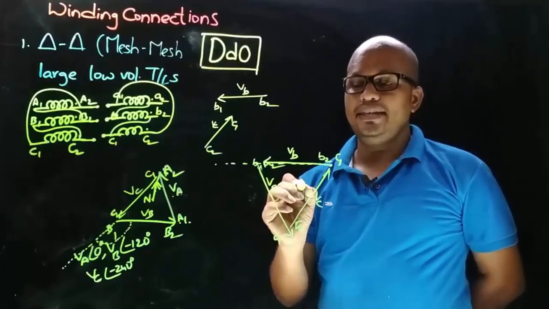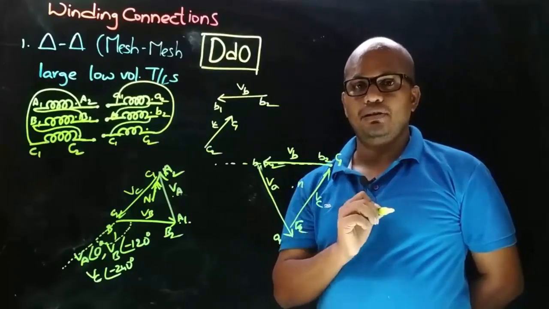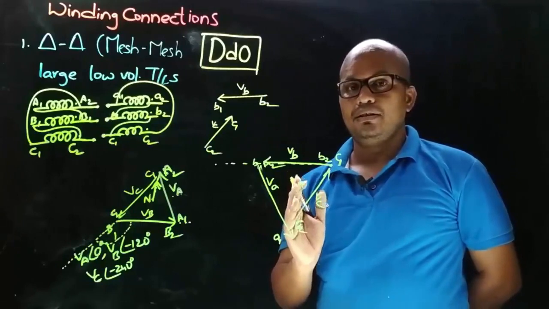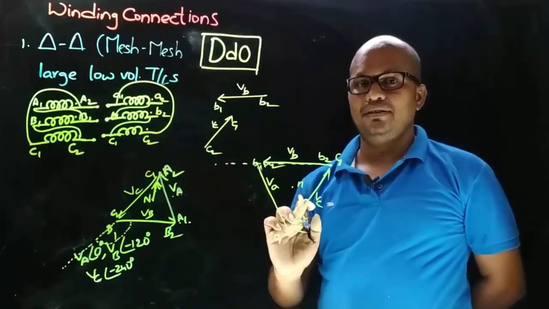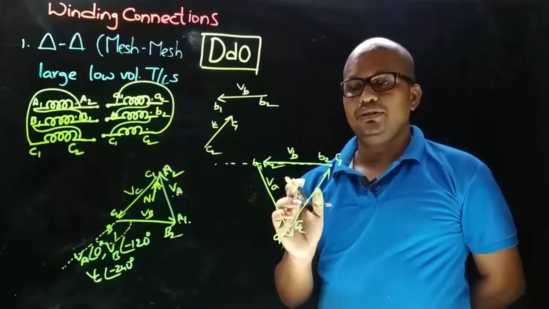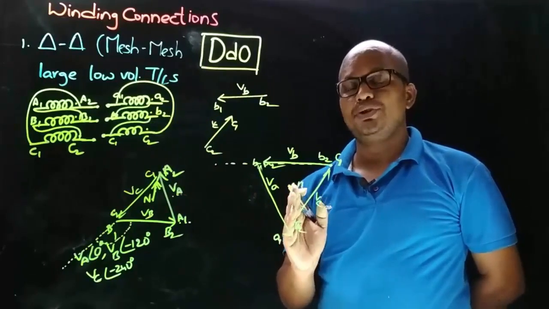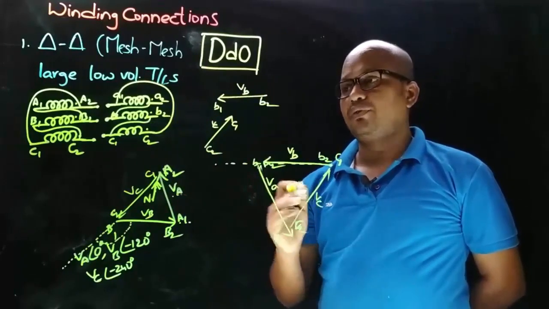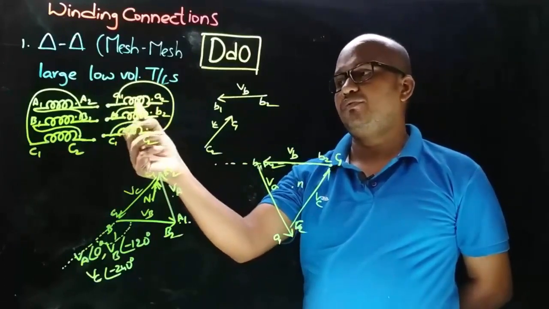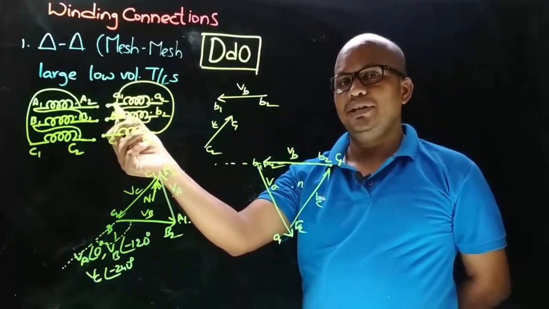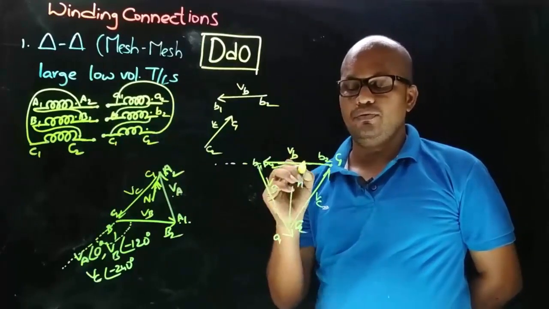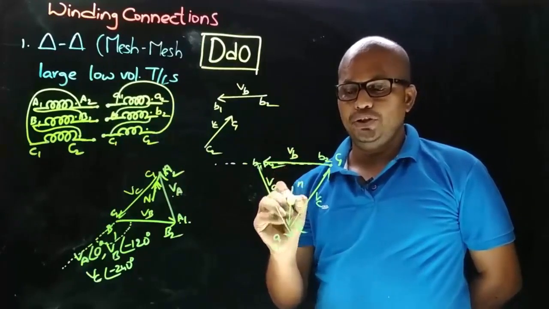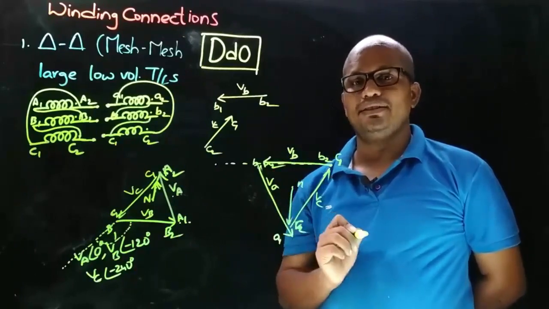Okay, now let's take the imaginary neutral terminal for comparison purposes, because this is the secondary side phasor diagram. Here the neutral voltage must point towards the connection we took from. We took the connection from the non-dot end, which means the A1 terminal. So the neutral voltage will be pointing towards A1 like this.